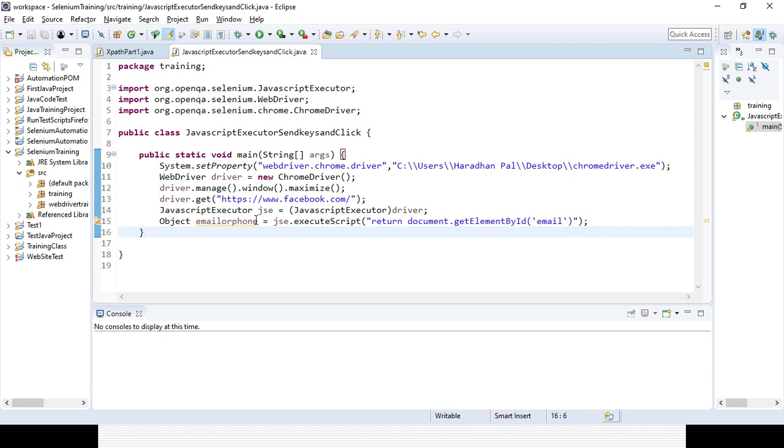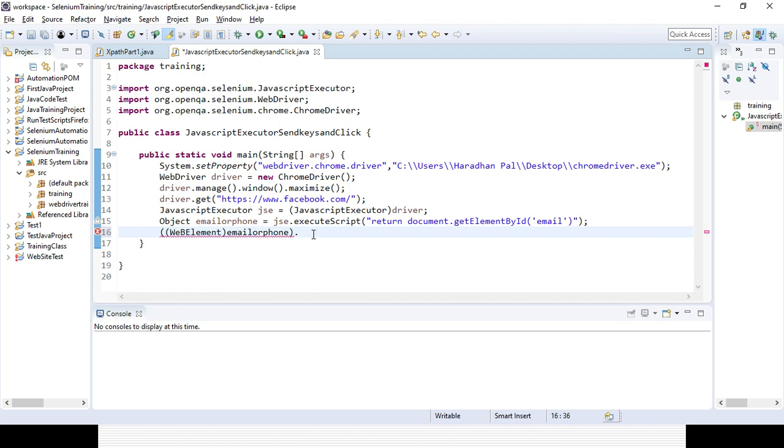Then the object is created, and using the object I can send keys. No, so I need to use the WebElement, because it is in object form. We first need to typecast to WebElement with that particular field, so that you can create the actual element.